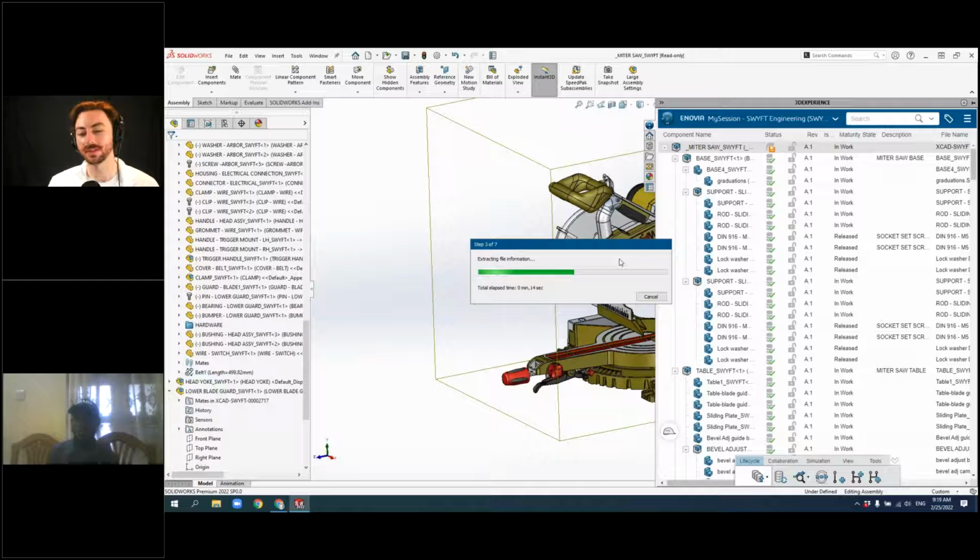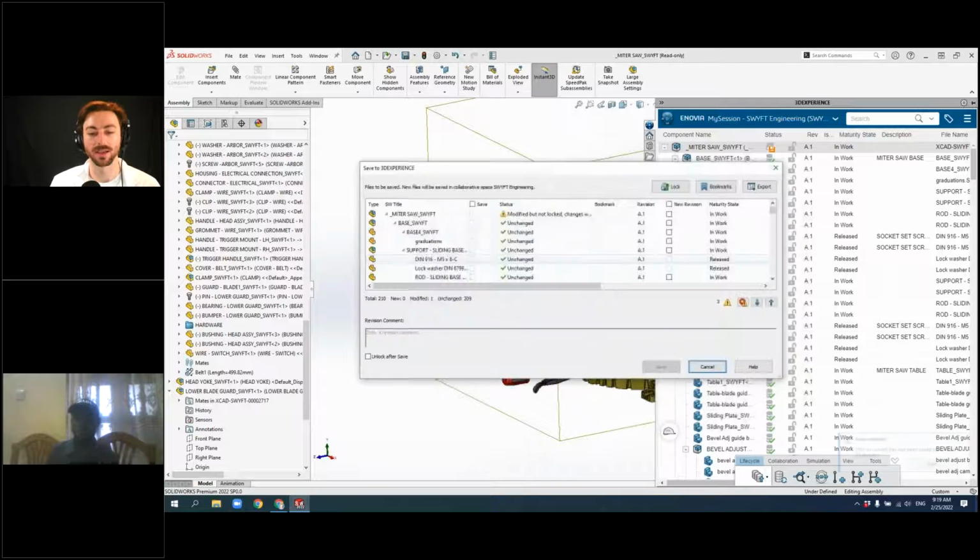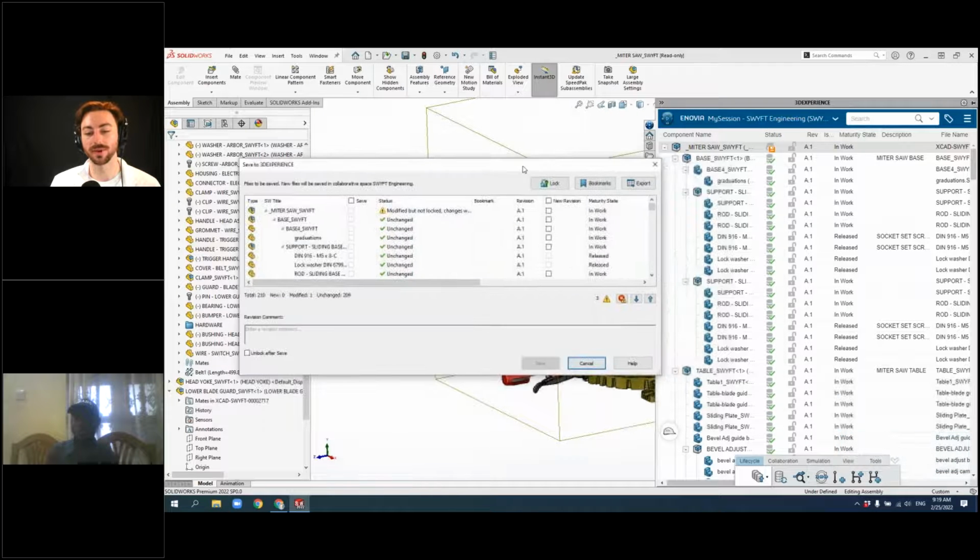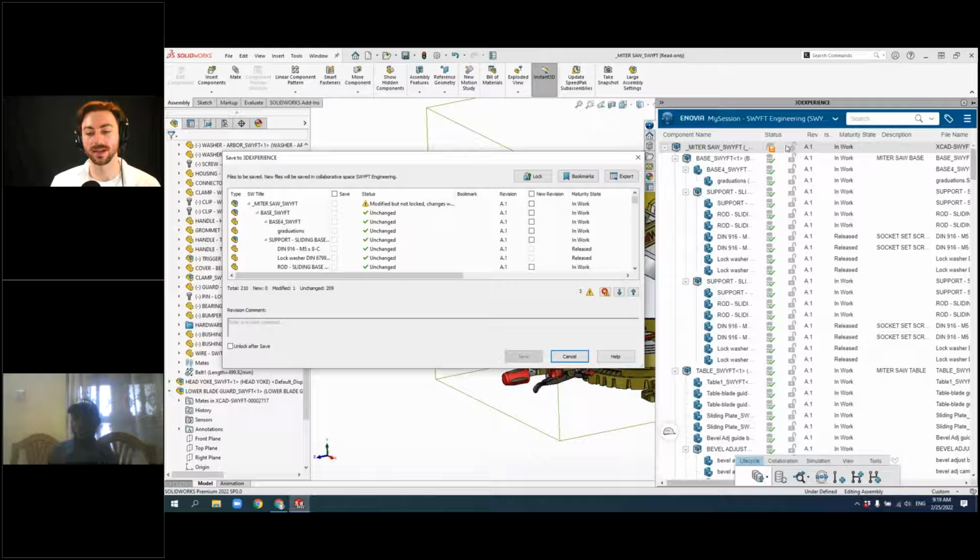Now, I skipped one step intentionally so that you see what happens once it's at the saving portion. We have this warning symbol here, modified but not locked, and I have this option to lock it. In this system, you have this column with all these padlocks. This is basically the reservation system that prevents people from overwriting each other while they're working.